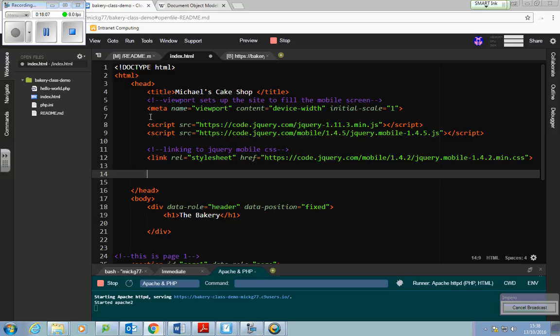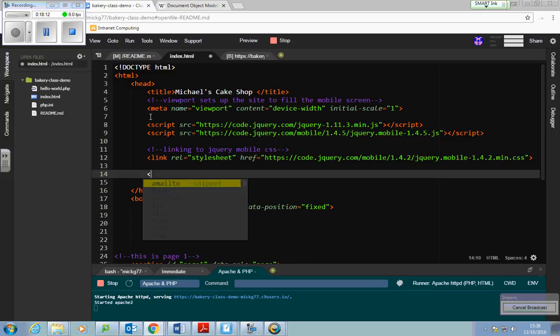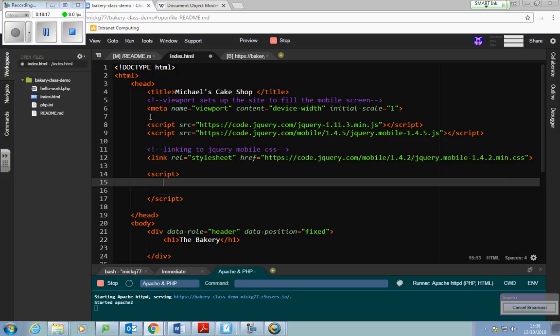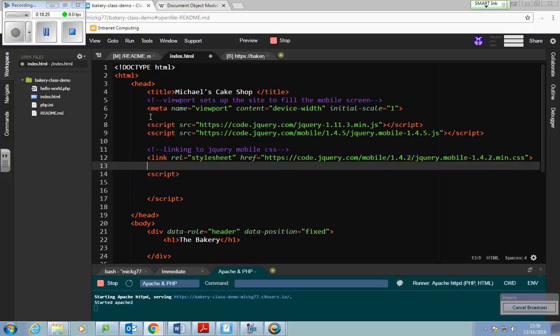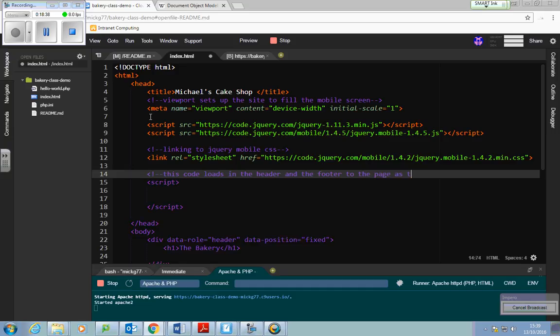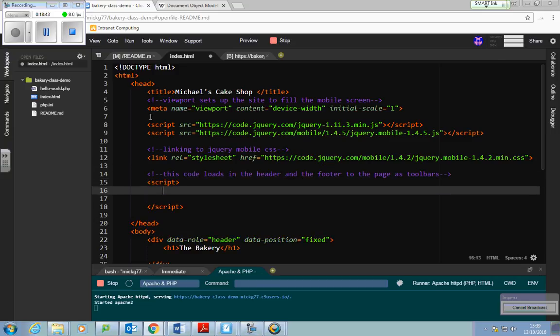Now, last week I looked at writing functions and a kind of funny syntax. So I'll start off with my script tag, just to warn the browser that we're using some scripts. And I'm just going to put a comment above the script and just say, this code loads in the header and the footer to the page as toolbars. Okay. So